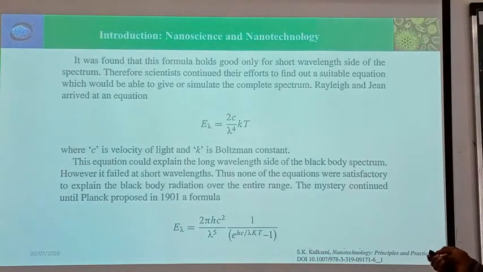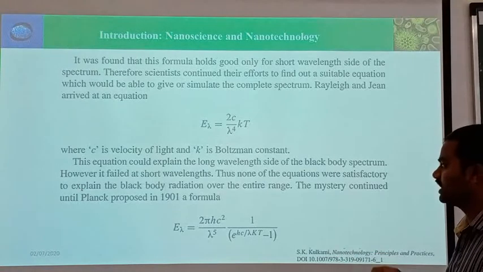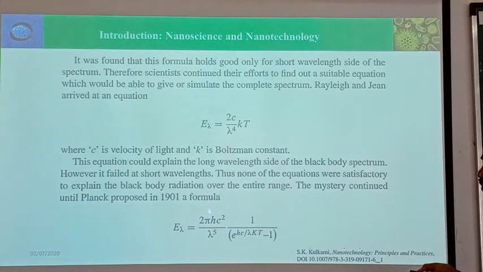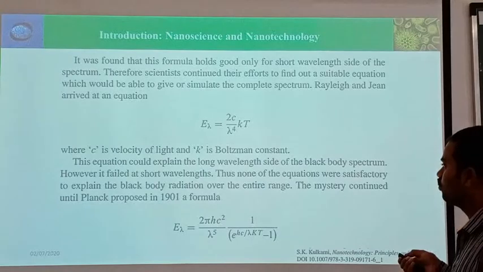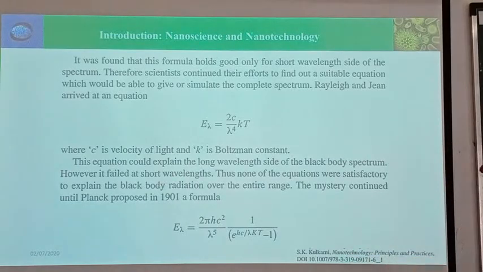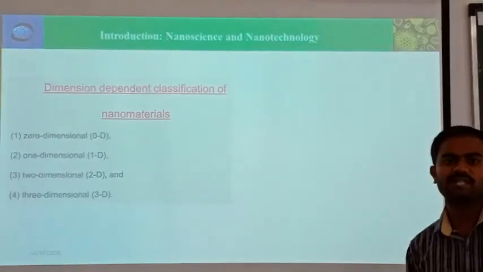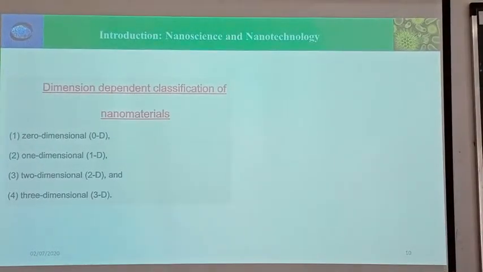Now, this mystery continued until Planck proposed in 1901 the formula E lambda is equal to 2 pi h c squared divided by lambda raised to 5, into 1 upon e raised to hc by lambda kT minus 1. This is a modification in the equation to validate it in the case of shorter wavelengths. So this is the starting of quantum mechanics, the development of quantum mechanics, which correlates with this nanometric